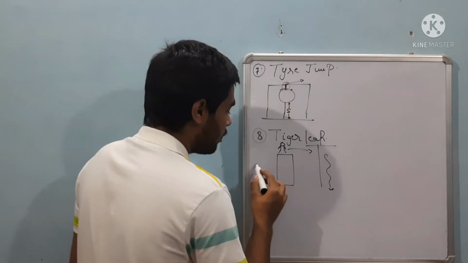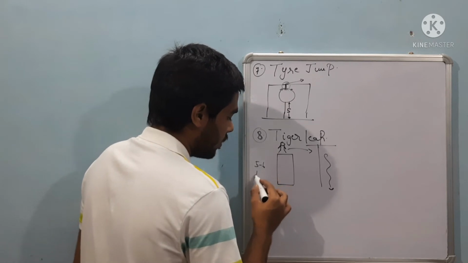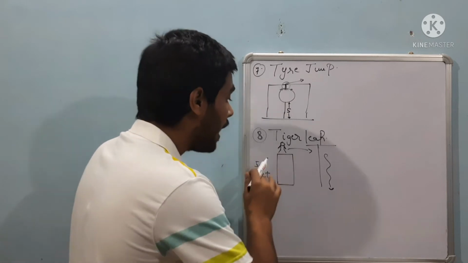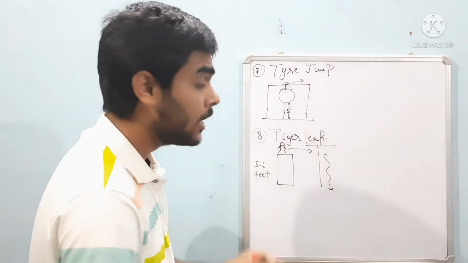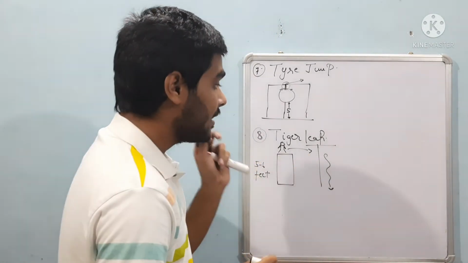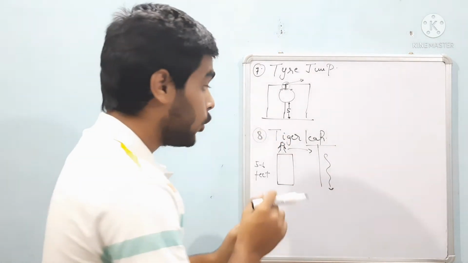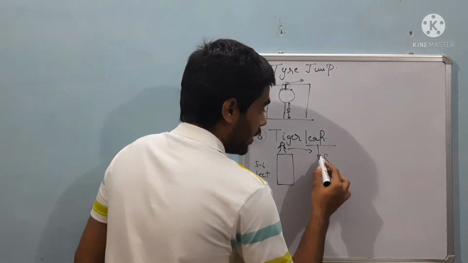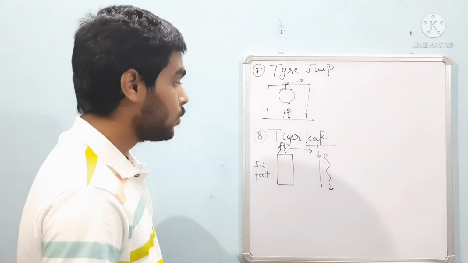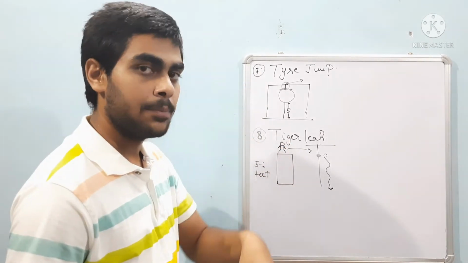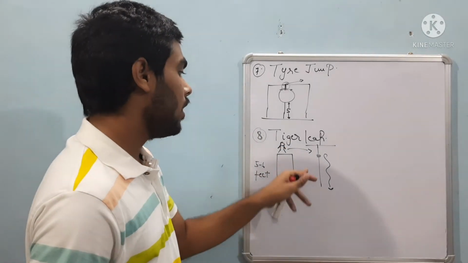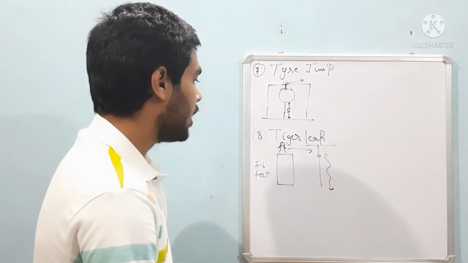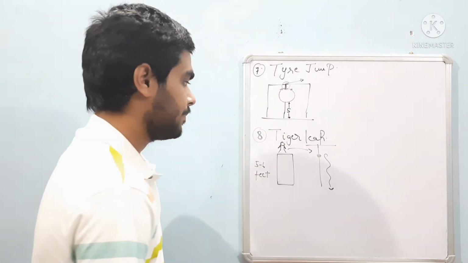This height is about 5 to 6 feet. From 5 to 6 feet you have to jump in such a way that you grab the rope tightly, and then come down by sliding. Don't jump down from here. It is not permitted. You have to come sliding, because if you jump from here it will hurt you. So you have to come sliding with the help of your hands and legs.